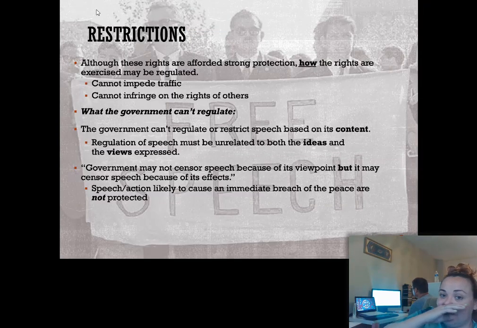And so there are still restrictions. You cannot do anything in the name of your free speech or establishment or assembly. You still have some